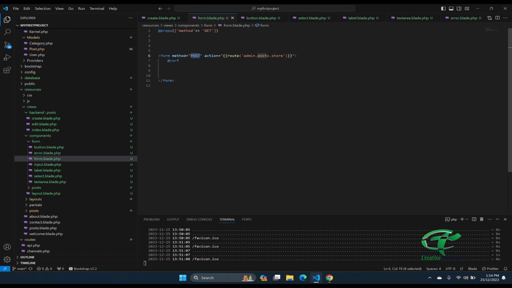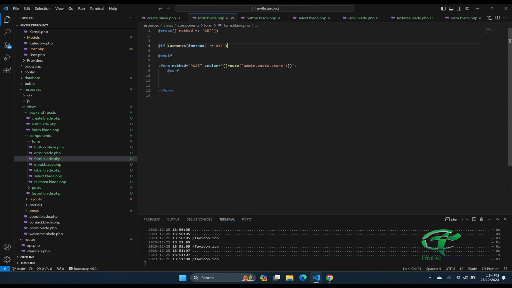So here we need to write some code. So let's change this to uppercase words, ucwords, and $method. If the $method is not equal to get, so if this method is not get,